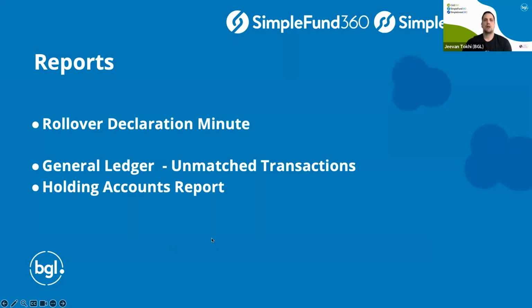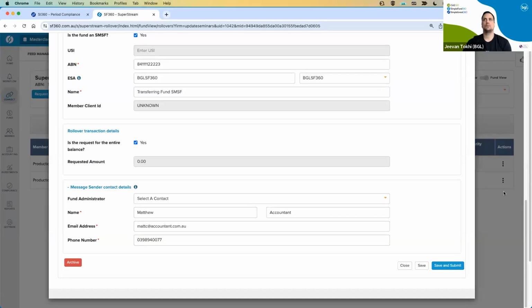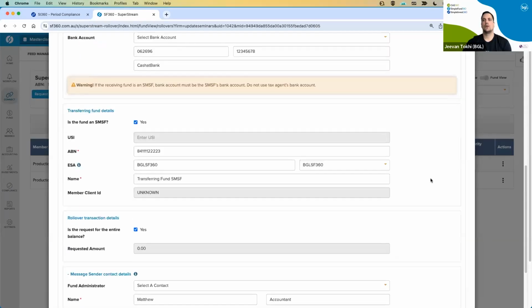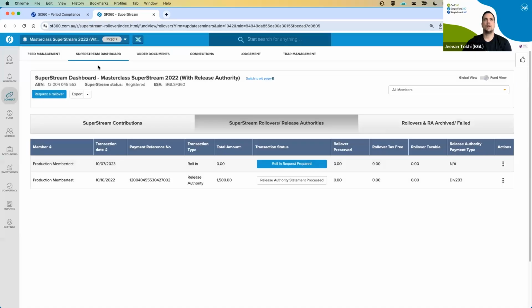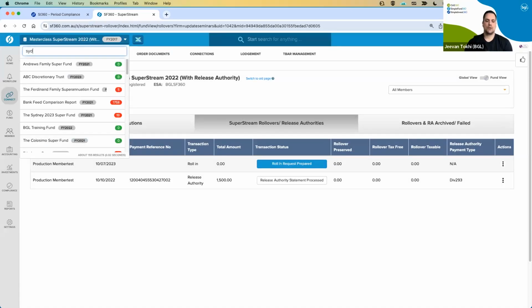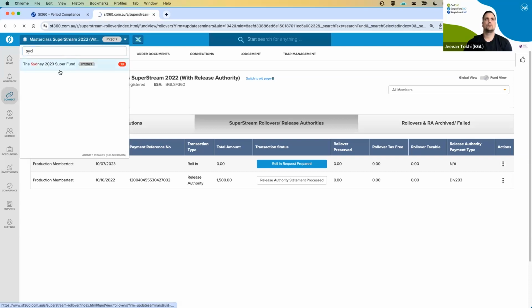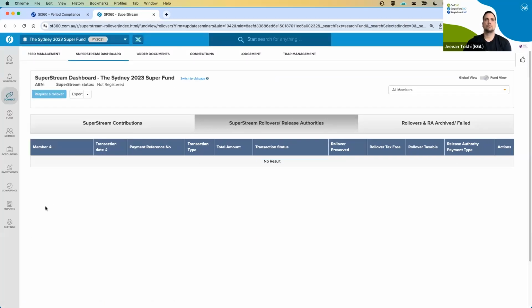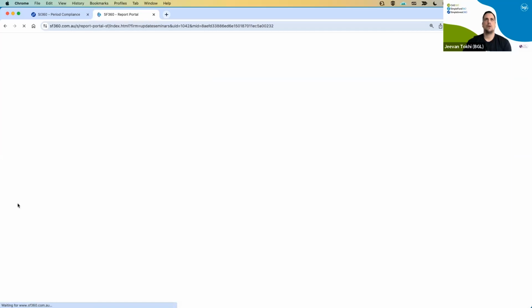Okay, so a couple of other reports there. We've got the rollover declaration, and we've made some changes to the general ledger. So let's jump across to that. Let's close this one out. I'm just going to switch funds. Okay, so if we go to